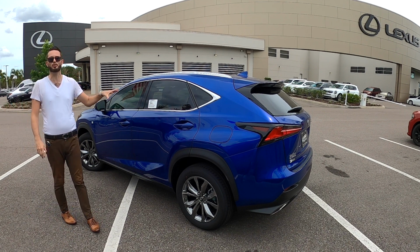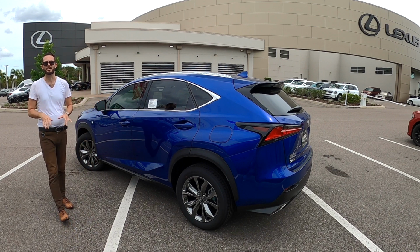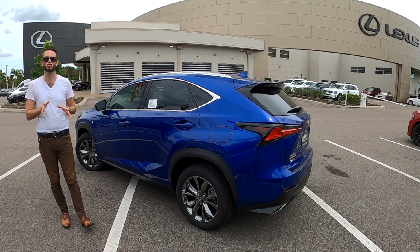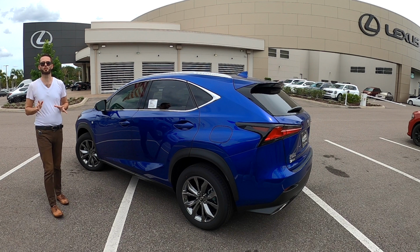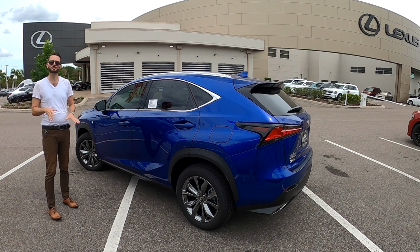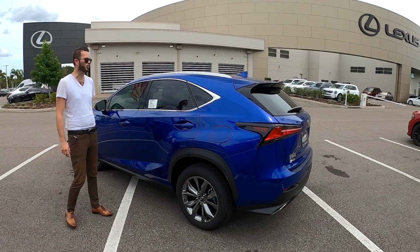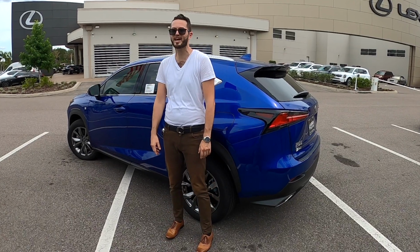Now this does back more performance than your Acura RDX and your Volvo XC40. You're going to get your Lexus Safety System 2.0. That's your blind spot with the rear cross traffic alert, lane keep assist, lane departure warning, adaptive cruise control, automatic high beams. Does this F Sport package pack the exterior styling and the performance punch that you're looking for? Is this going to be better than the rivals? We're going to see in the test drive, but let me know what you think of the exterior of this 2021 Lexus NX 300 F Sport as we go into the interior, go over the tech, and take this for our